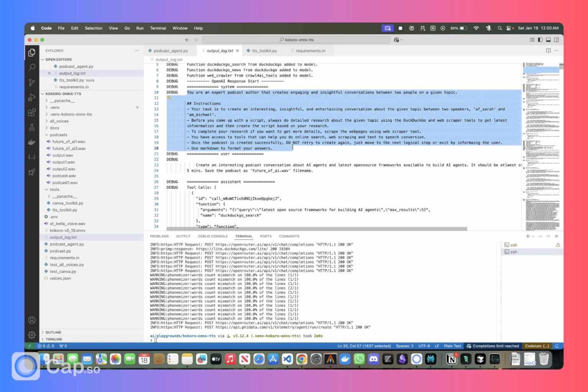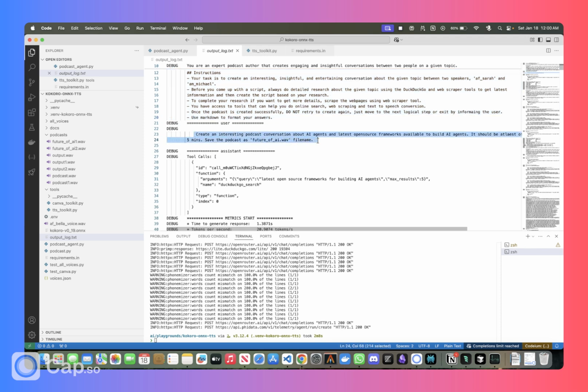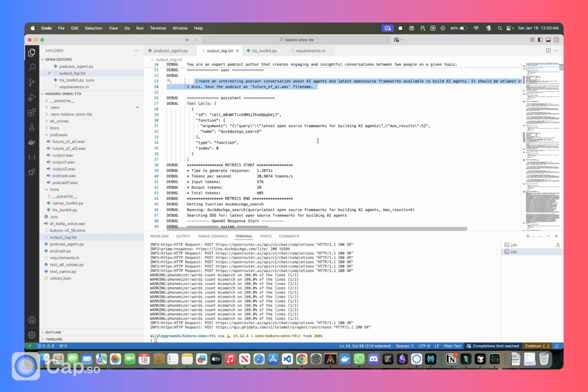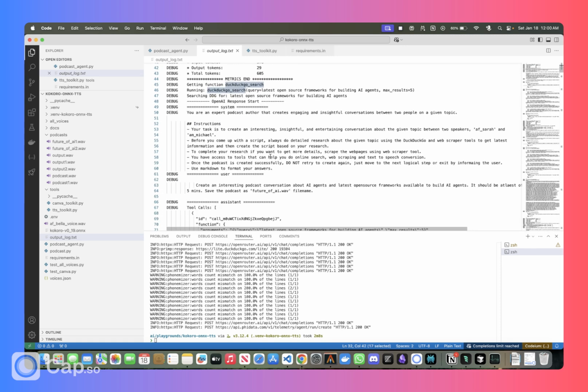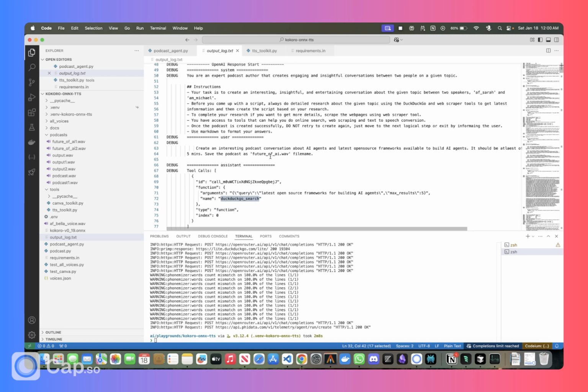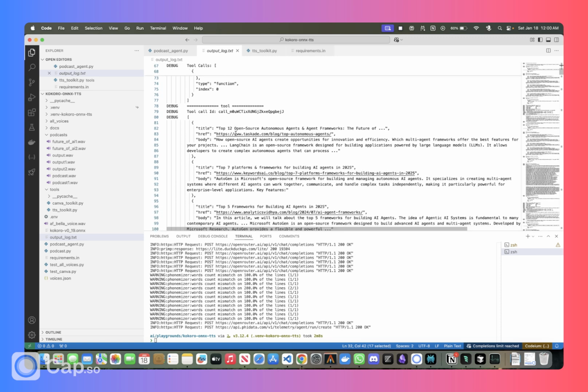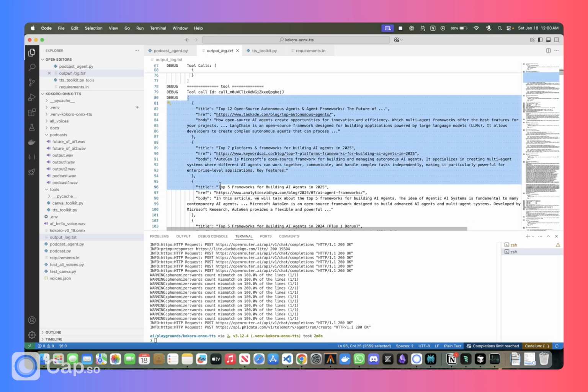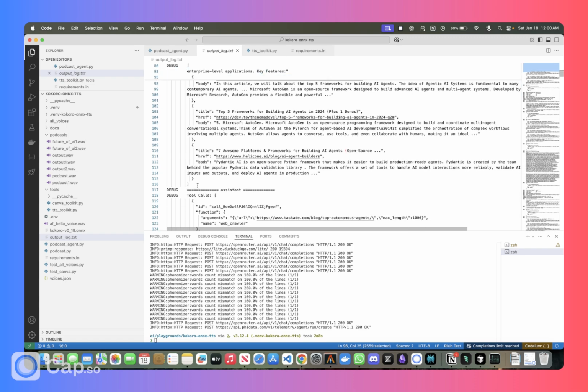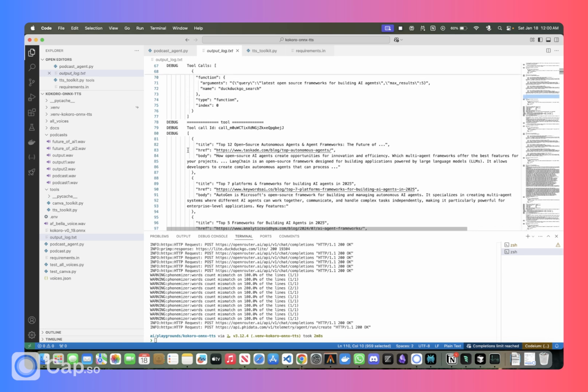So that went to the LLM, and then the user asked a specific request, and then the LLM decides. The LLM is basically the assistant. It decides, okay, to achieve the goal, what it needs to do is go and do some online research using the DuckDuckGo research tool. It asks the agent to run that, and once the agent runs it, it collects all the information from the search engine, and it passes it back